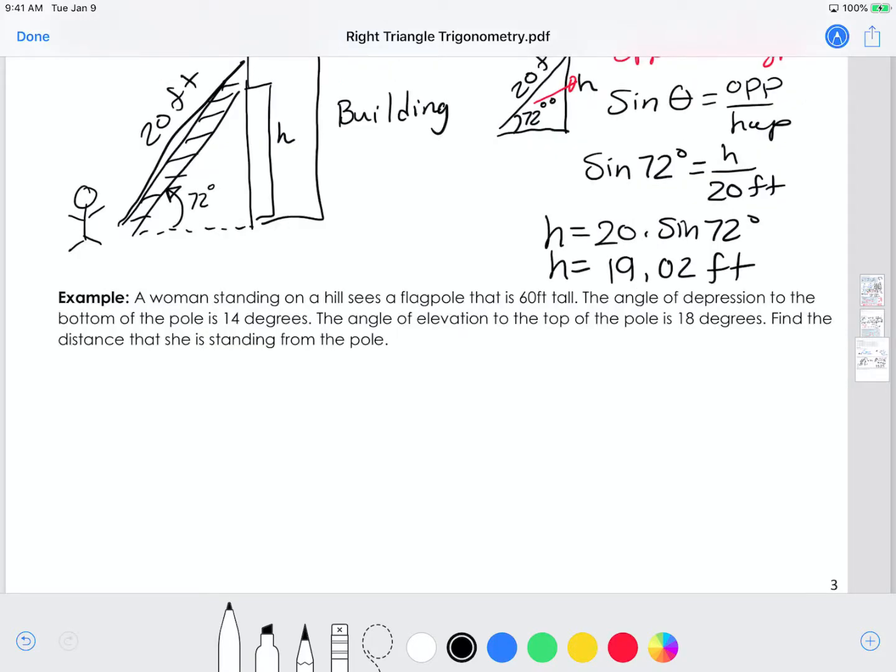A woman standing on a hill sees a flagpole that is 60 feet tall. The angle of depression to the bottom of the pole is 14 degrees, and the angle of elevation to the top of the pole is 18 degrees. Find the distance that she is standing from the pole. So if this is the lady,